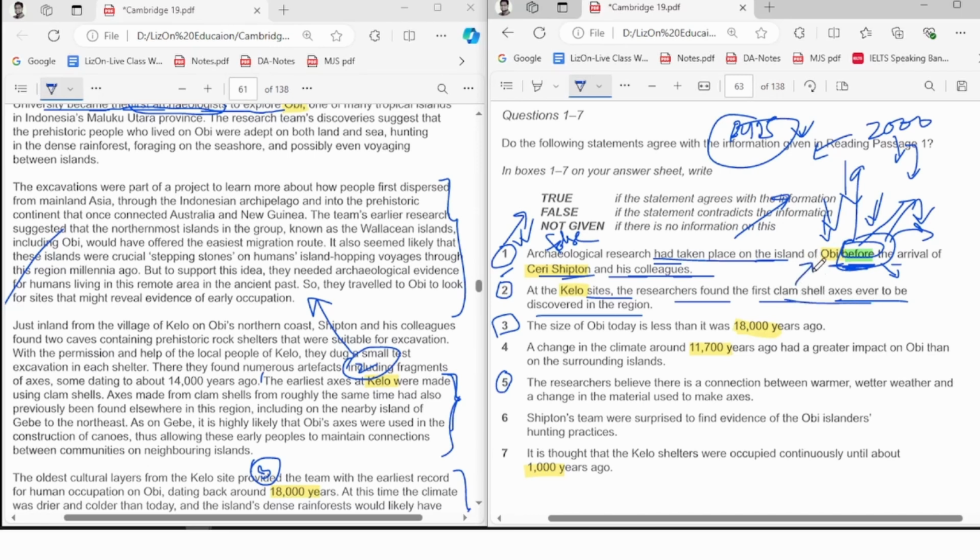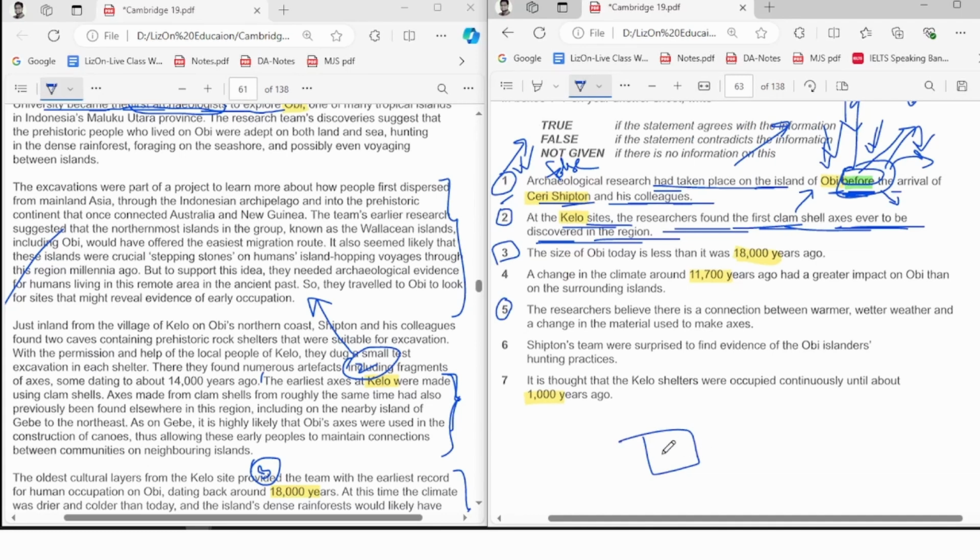If there was any clamshell axis, was it the first one to be found in CLA, or could we have found it somewhere else? We need to find out whether it was the first ever to be discovered in that region. Per se, you live in a place CLA and there is a clamshell. People are saying, okay, this is the first ever. But then you heard, okay, no, maybe there is another